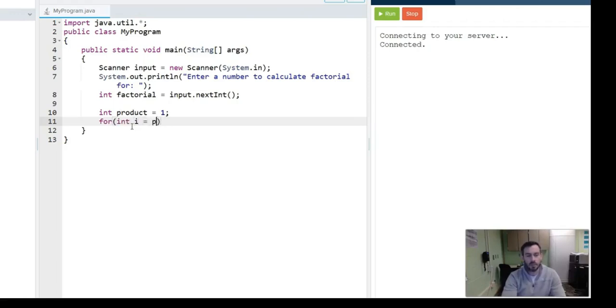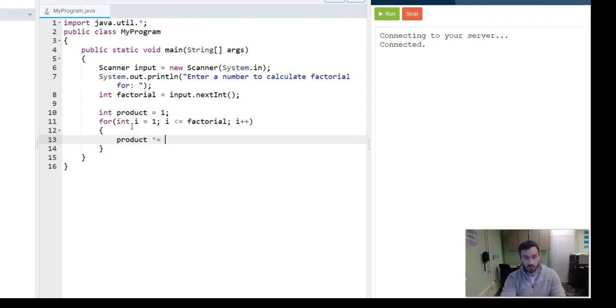You can have i equal 1, i less than or equal to factorial, because we are also multiplying by the factorial, i plus plus, and then product can just times equal i. First time through it'll be 1 times 1, but then i will increase to 2, so it'll be 1 times 2 times 3 times 4 until we reach factorial, and then afterwards we can print